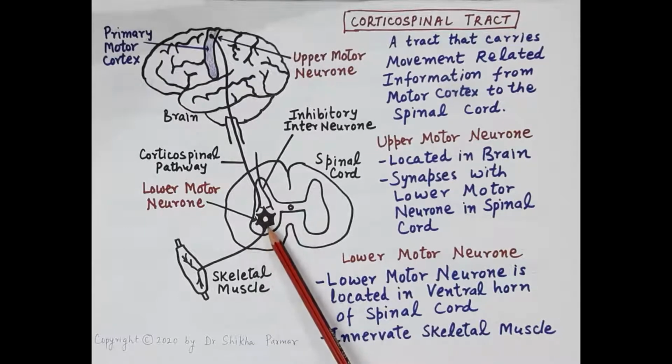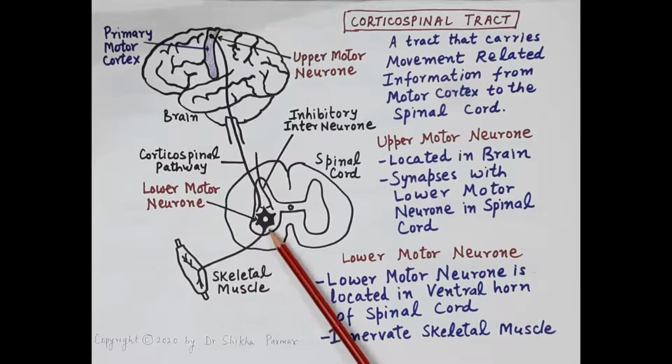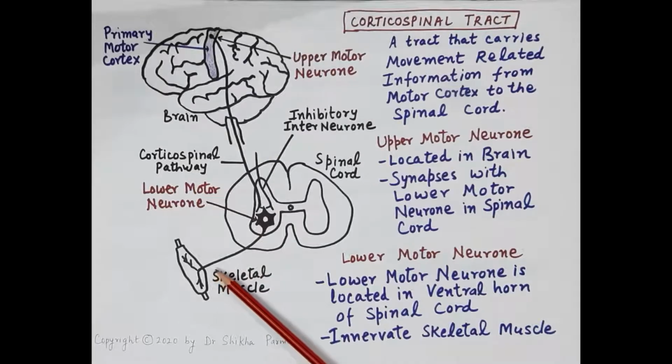Now, an increase in the synaptic excitation of this lower motor neuron, which innervates the skeletal muscle, causes spasm of the skeletal muscles, and inhibition of the synaptic excitation in this lower motor neuron relaxes the skeletal muscles. So, all the centrally acting skeletal muscle relaxants reduce the synaptic excitation of this lower motor neuron, and by reducing or inhibiting it, these centrally acting muscle relaxants produce relaxation of the skeletal muscles.